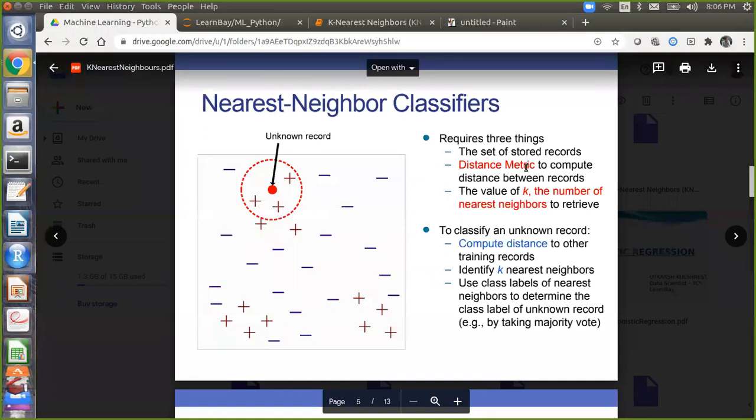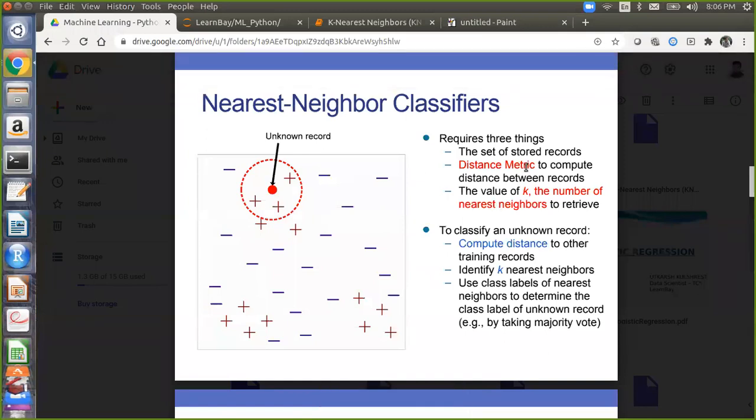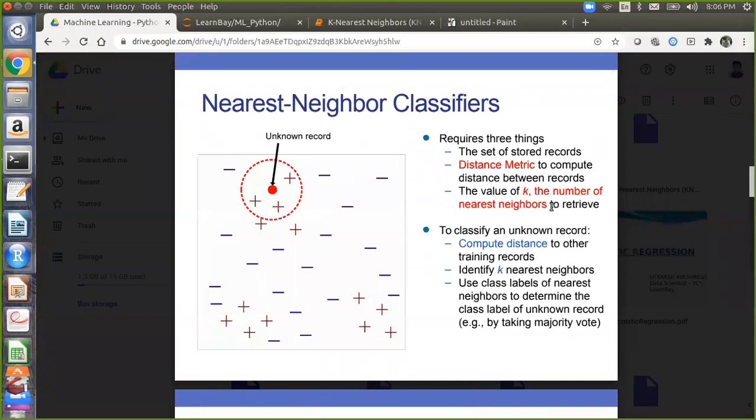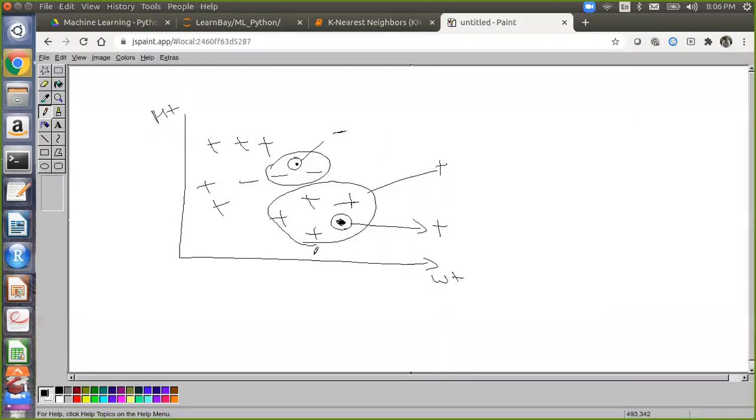It requires three things: the set of stored records, a distance metric to compute the distance between the records, and the value of k, the number of nearest neighbors to retrieve. Now one of the problems is that first you have to find out the nearest neighbors. If you have to identify them, then what can be done in this case? We can use a distance algorithm.